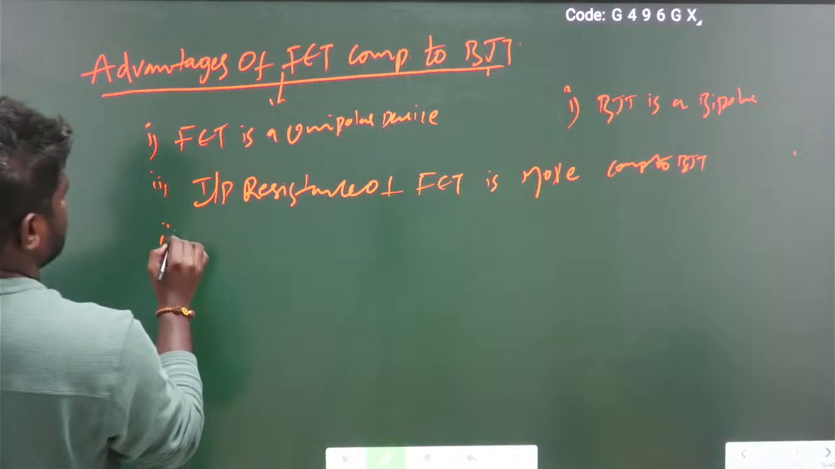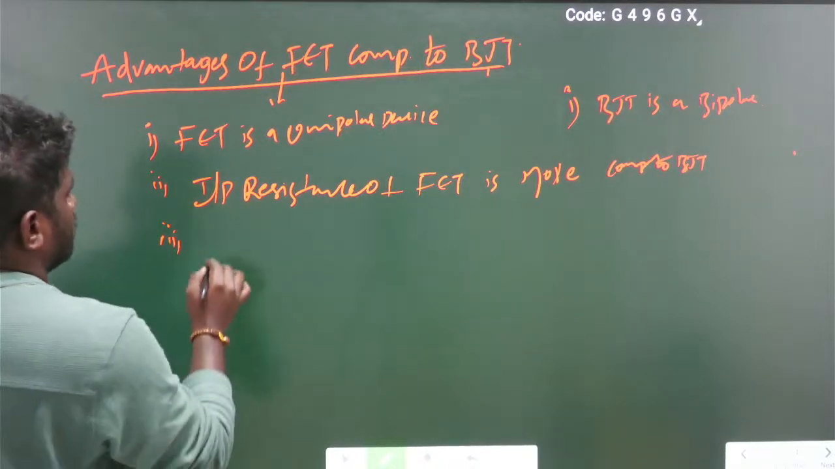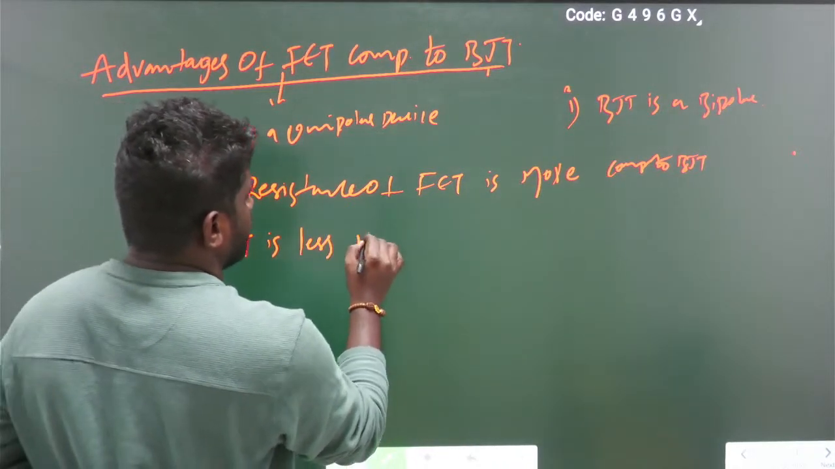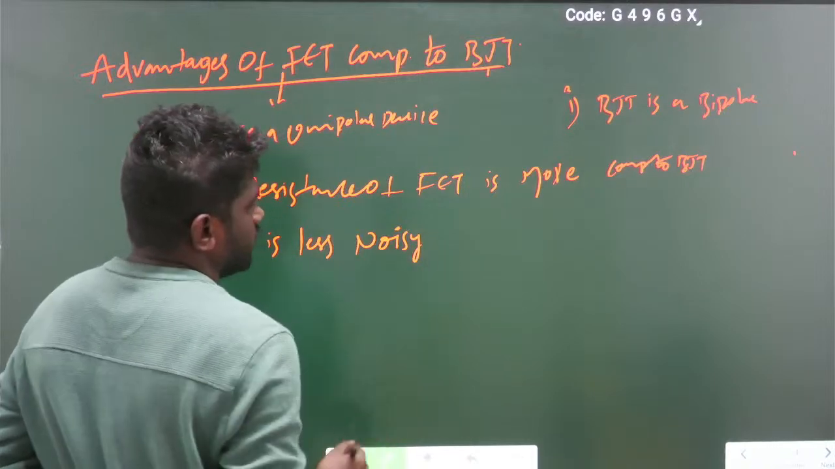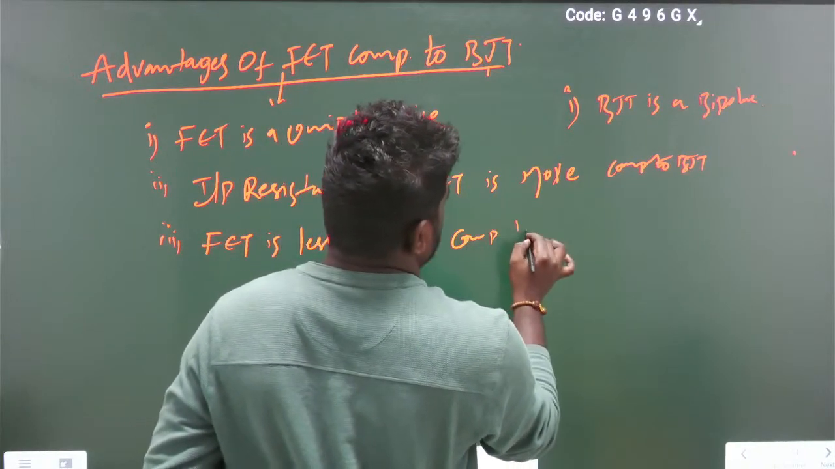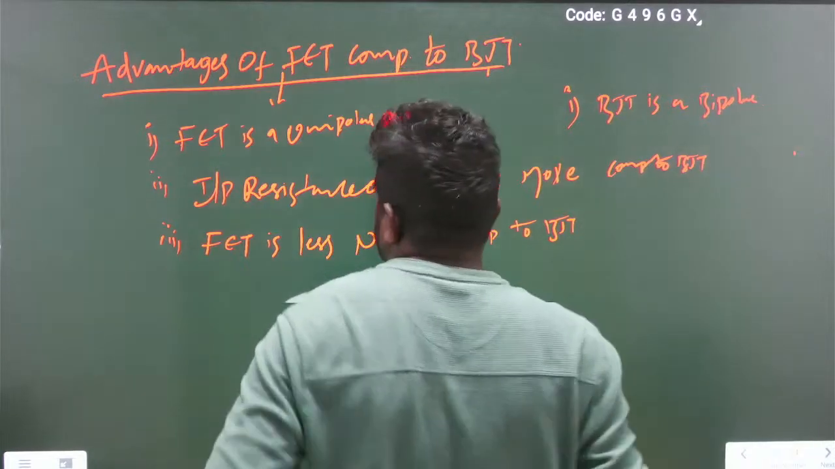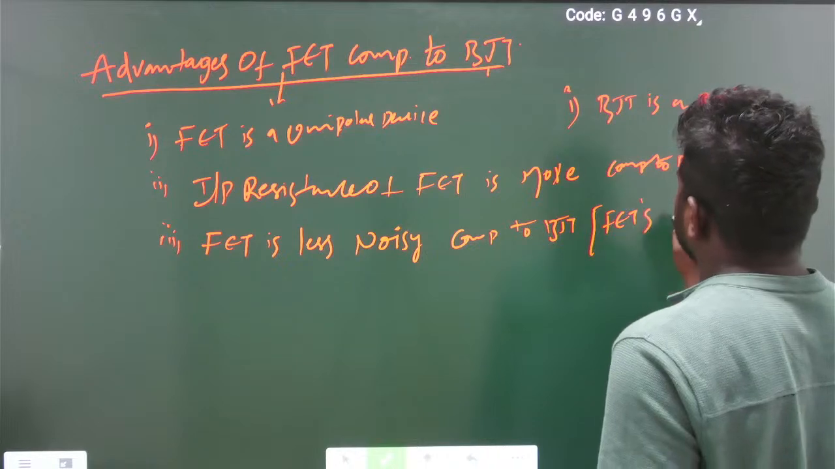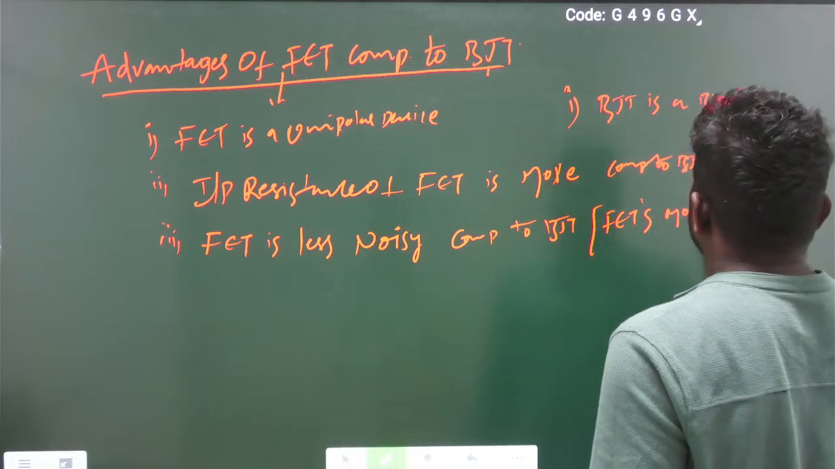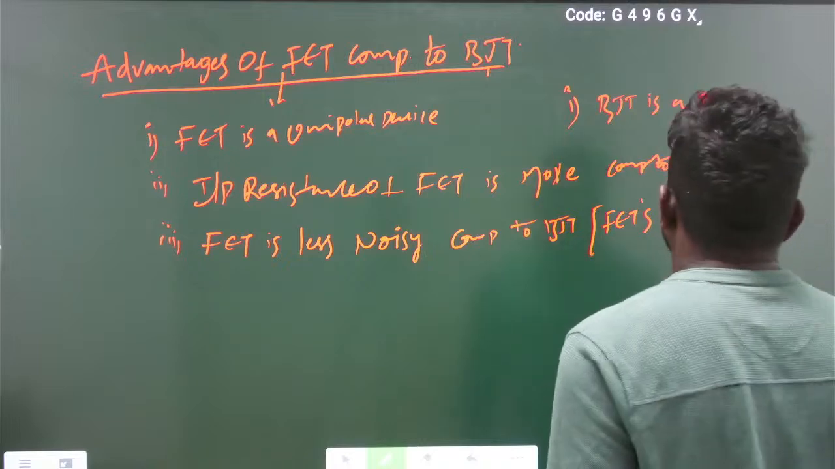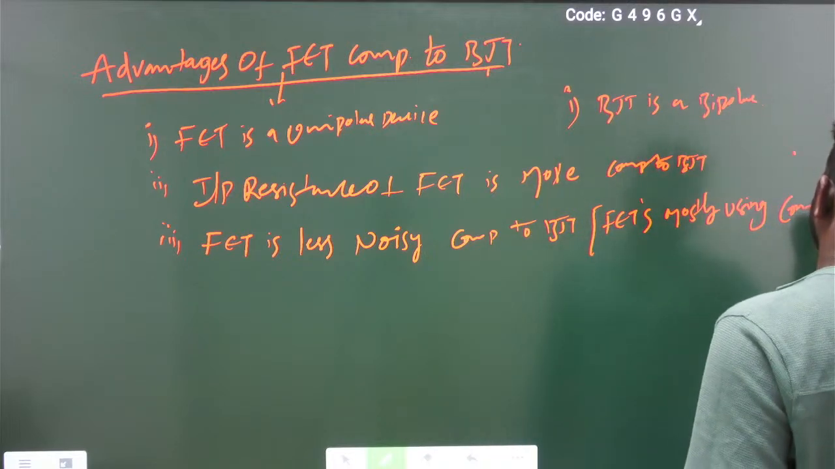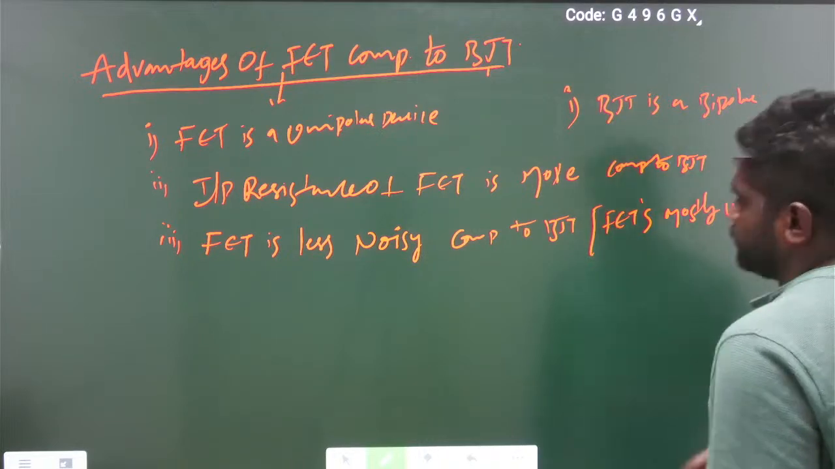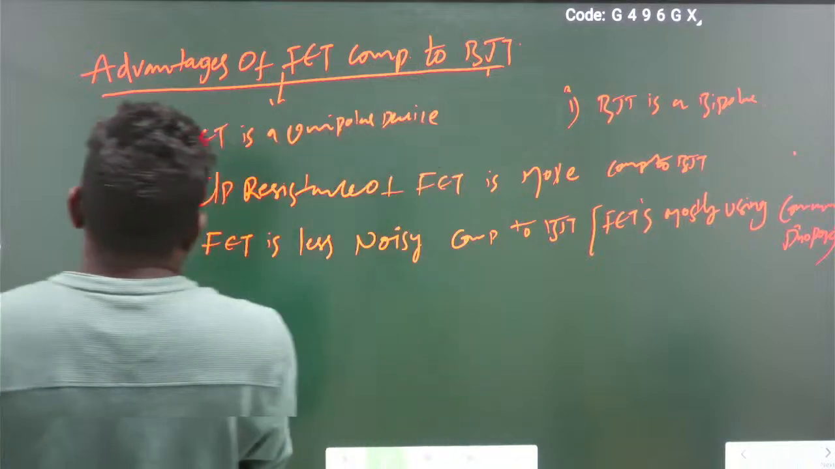So third point is FET is less noisy compared to BJT. That's why due to this less noisy, FETs are mostly used in communication purpose, okay? Communication purpose we are using FET. The fourth one is